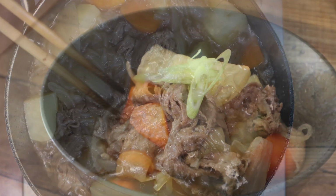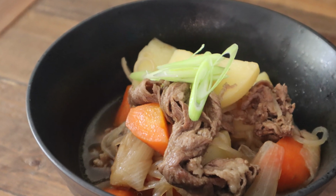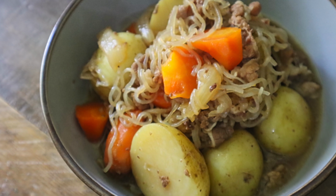The soft boiled potato and the carrot soak up the flavor well and are delight for small children and big